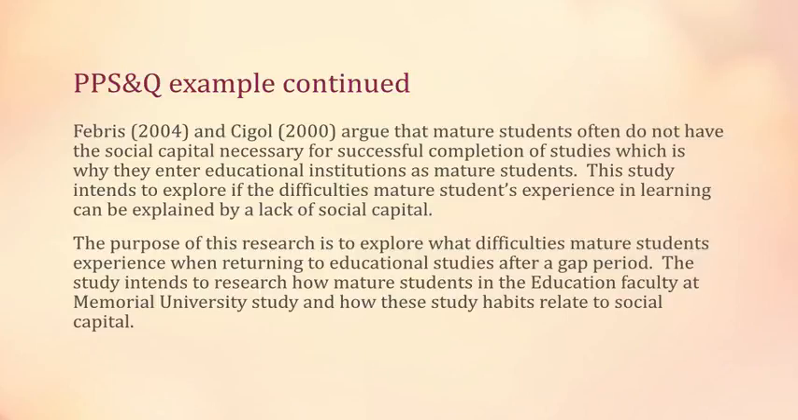So what you can see already from this example is that there's a logic to it, there's a context, there's statistics that provide evidence for the context, there are references which provide evidence for the need for this research, and there's a conceptual framework with citations as well. The purpose of this research is to explore what difficulties mature students experience when returning to educational studies after a gap period. So the purpose of this research is to explore. So that tells you that it's a qualitative study, it will be fairly open-ended, and probably will be based on interpretation of data,